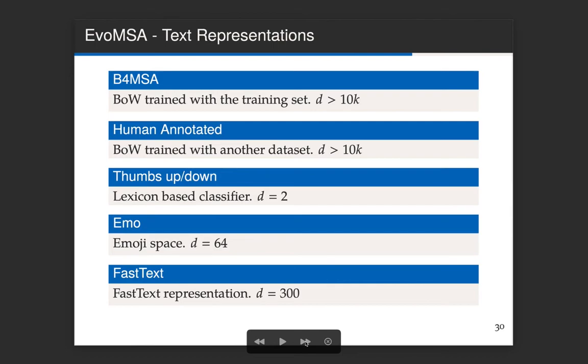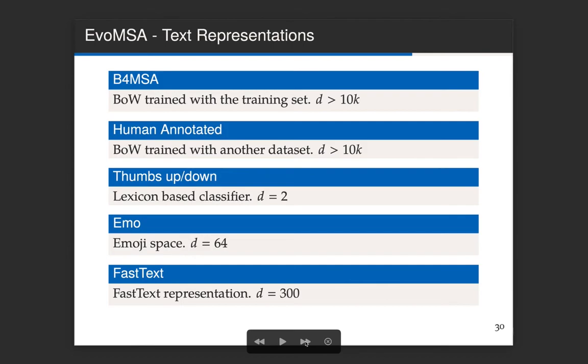The other representation is a labeled data set for sentiment analysis, but which is not related to the training set. It's a general data set that another person labeled with positive, negative, and neutral opinions, but it is not specific to the training set.